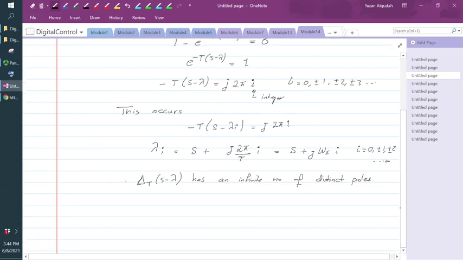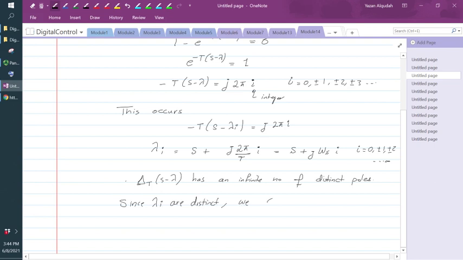And therefore, in order to calculate Ci, the residues, we can do the following. Since lambda I are distinct,